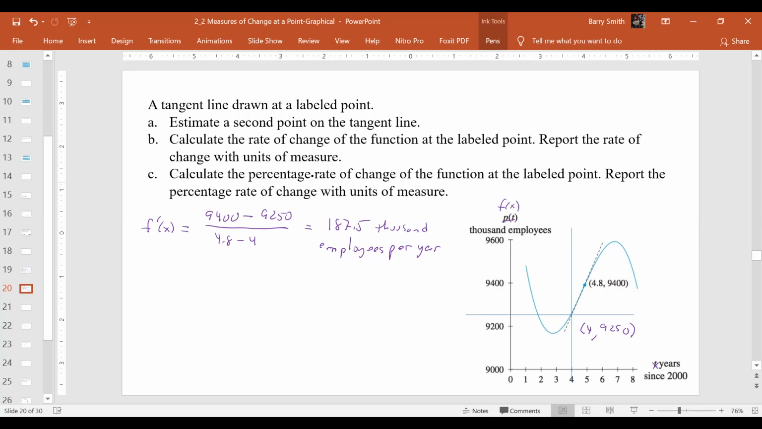Now we're supposed to calculate the percentage rate of change of the function at the labeled point. Report the percent rate of change with units of measure. Okay, so we're doing a percent rate of change. So percent change, I'll just say, just for simplicity. And so now we're taking the f prime of x, the 187.5, dividing it by our value at the point of tangency, which is 9400. And then we have to, of course, multiply by 100%. And so we have that number divided by 9400 times 100. And it looks like we get